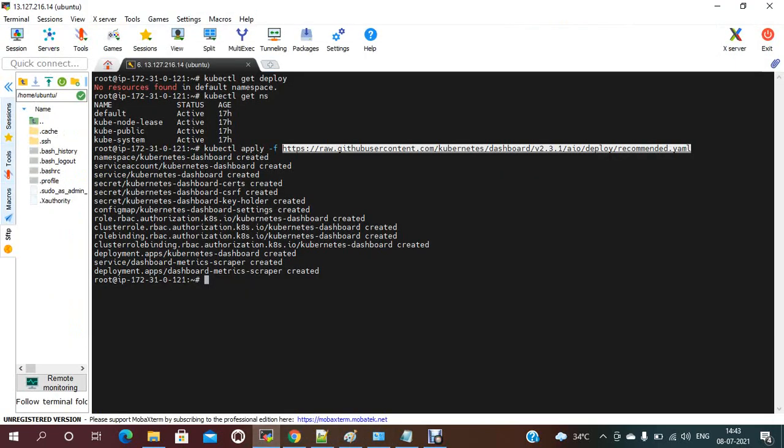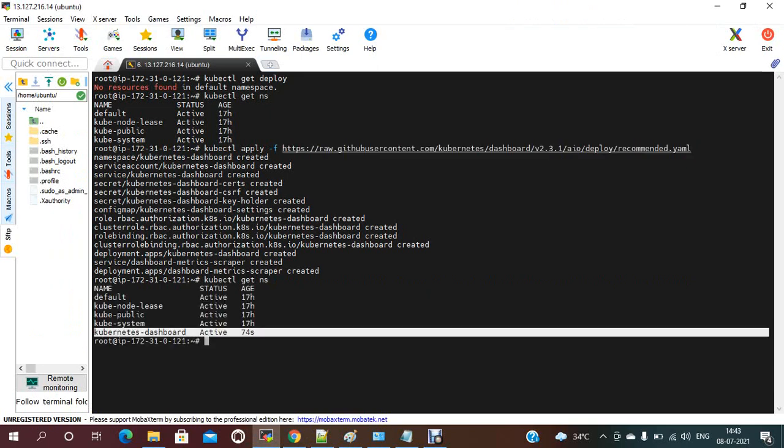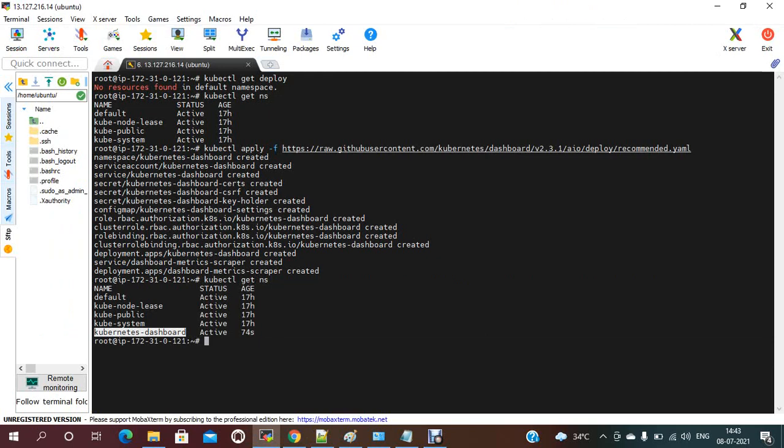Now if you check kubectl get namespaces, there is a namespace created, kubernetes-dashboard. Under this namespace all the services and deployments are created. If you check kubectl get pods, in the default namespace no pods are running.